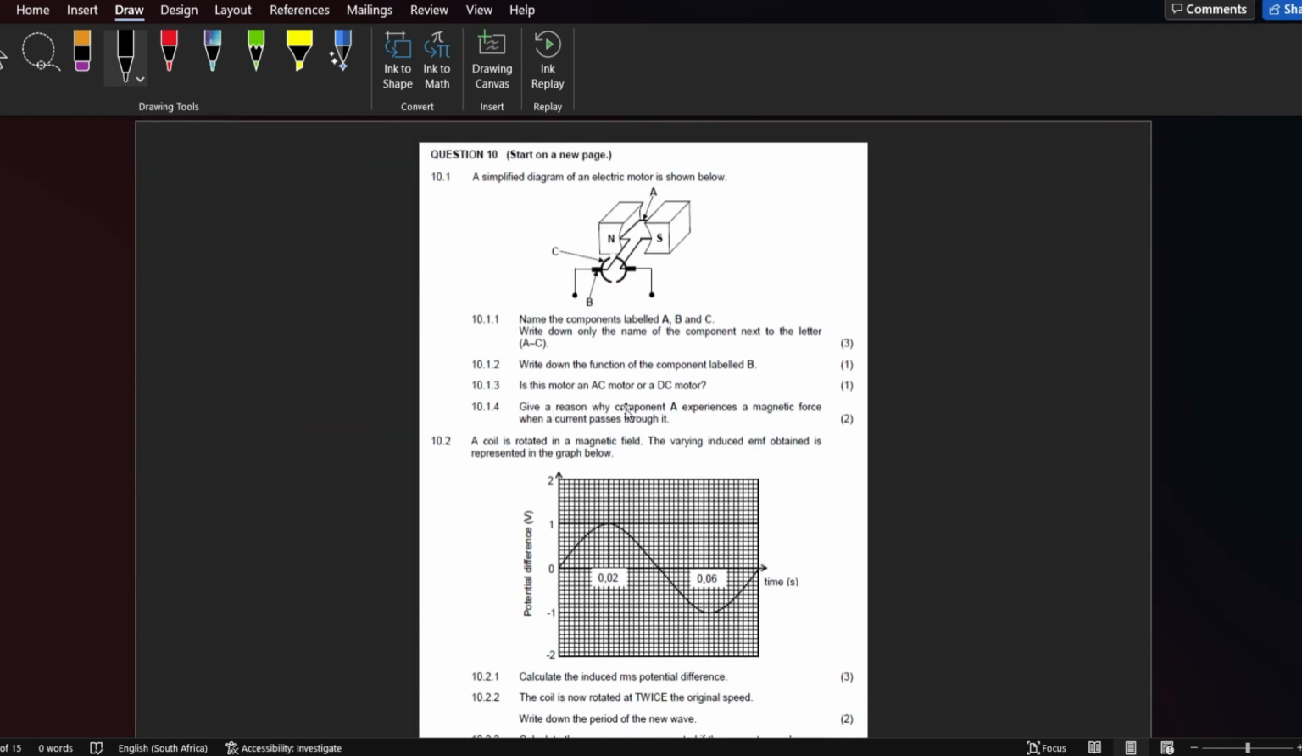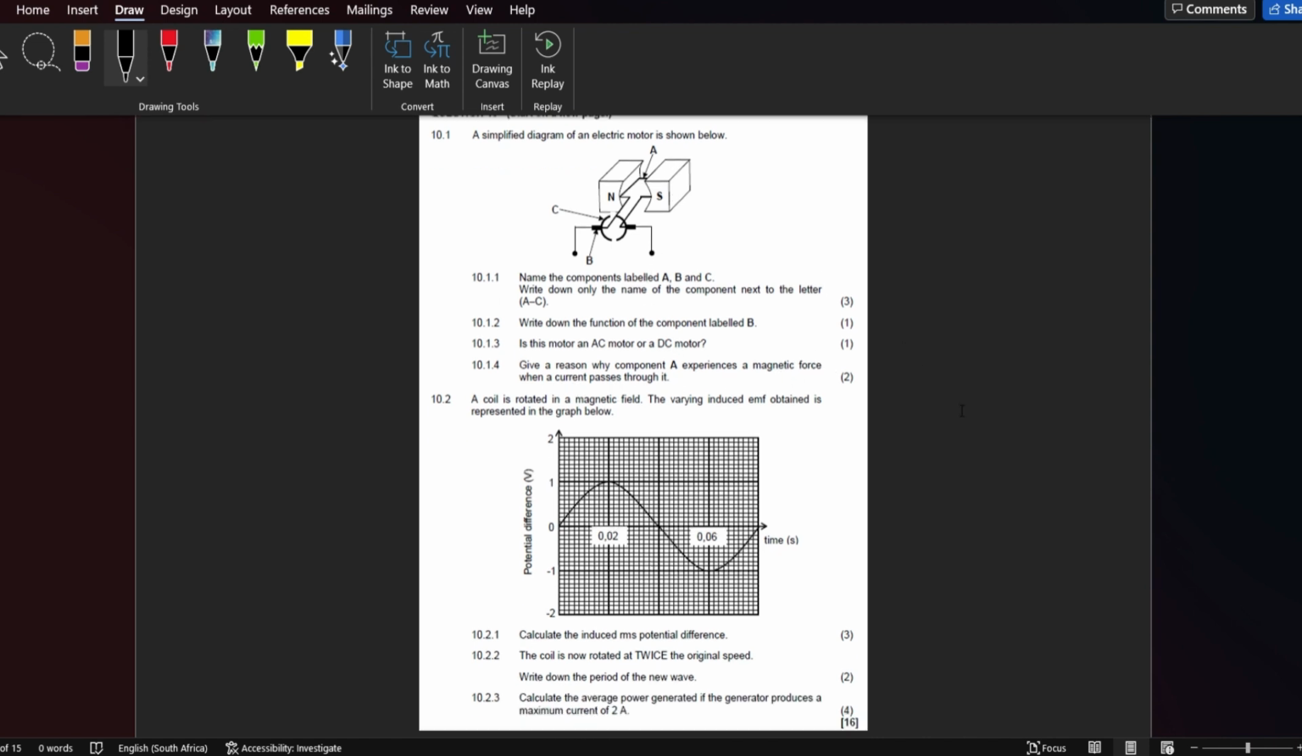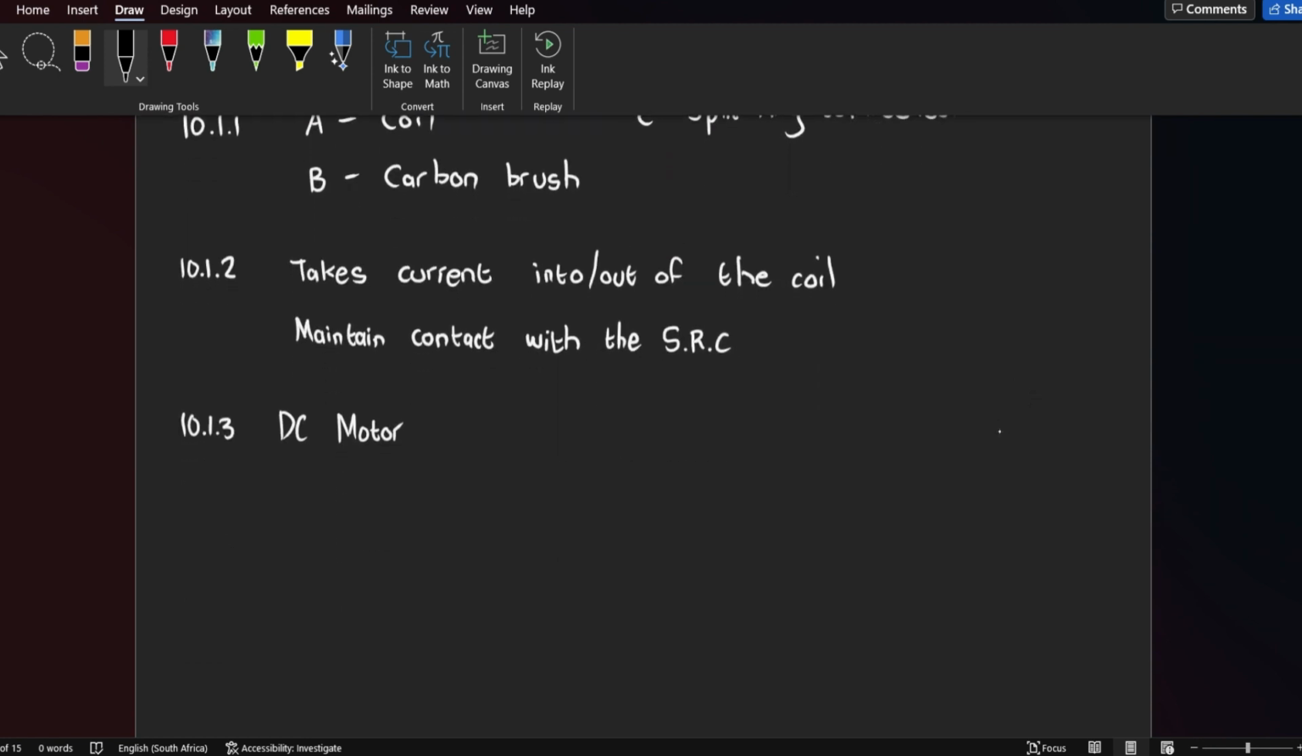Okay, 10.1.4, give a reason why component A experiences a magnetic force when a current passes through it. Component A is a coil, and the force it experiences is described by the motor effect. So the reason is due to the motor effect. Okay, and what does that state? That simply says that there's an interaction between the external magnetic field, so basically between the magnetic field supplied by the magnet,